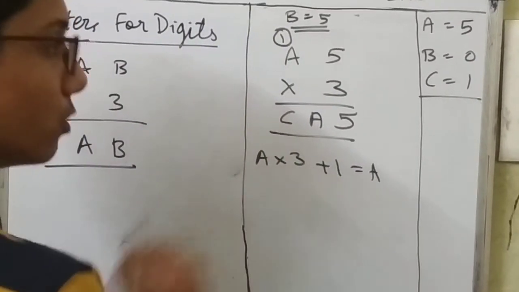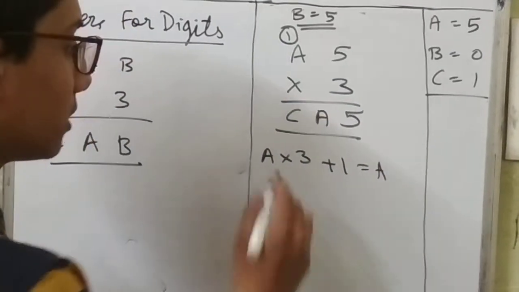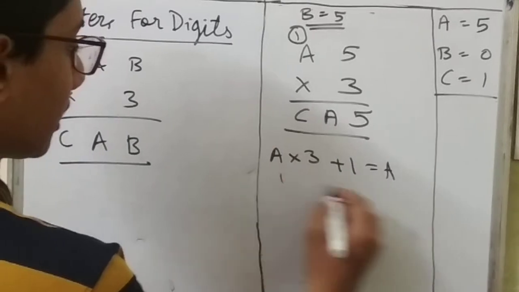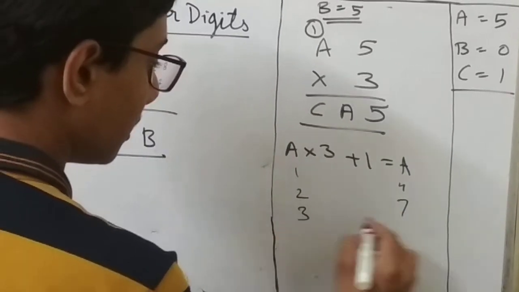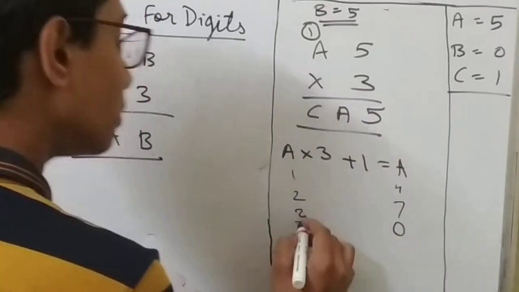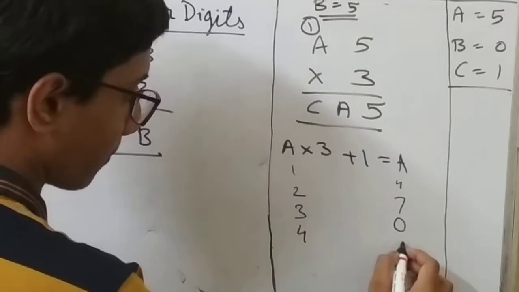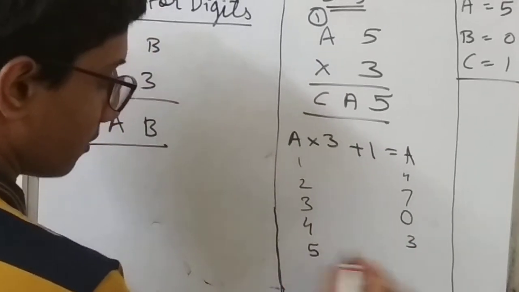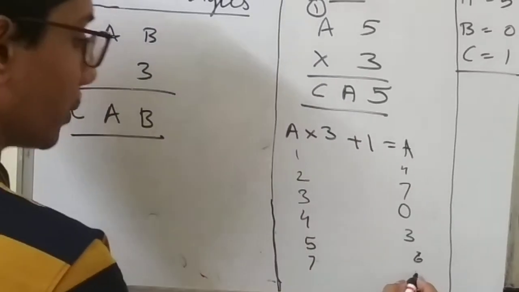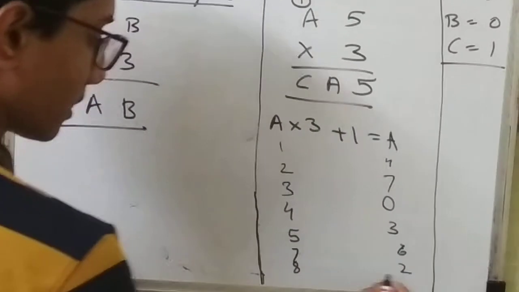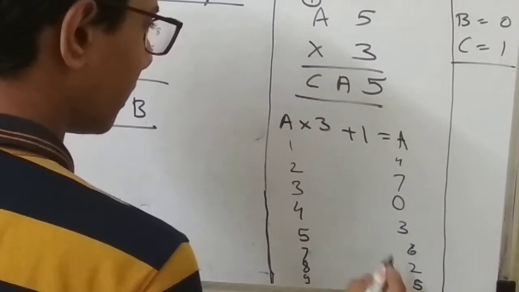Okay, 0, no, because 0 is satisfying this condition, not this one. So 1 times 3 is 3, plus 1 is 4. If I take 1, it will be 4, it will be 2, it will be 7, it will be 3, it will be 0. How? So it is 9, 9 plus 1, 10. We will be focusing on the units digit only. 4, 3, 5, 6, 7, 7 3s are 21, 22, 8, 5, 9, 9 3s are 27, 28.